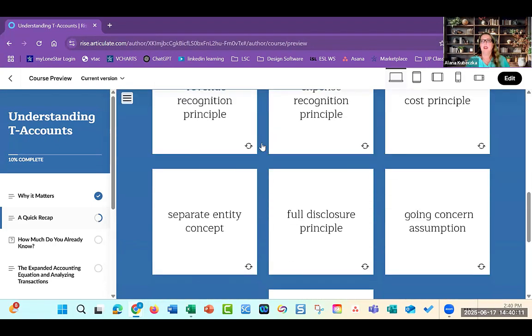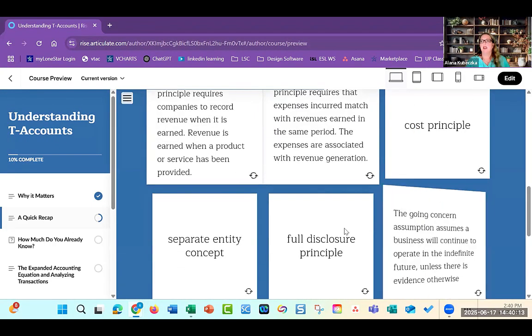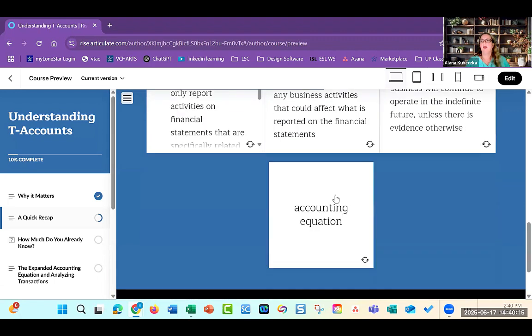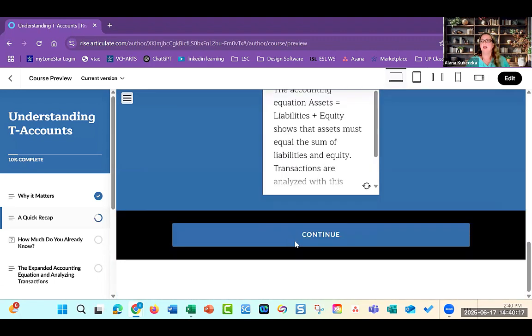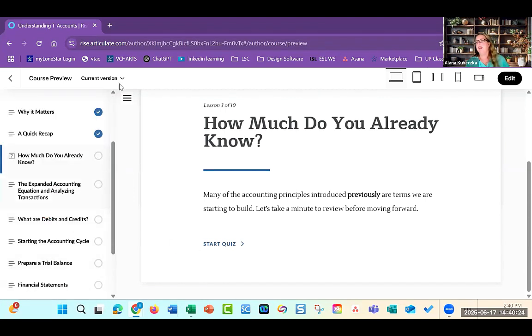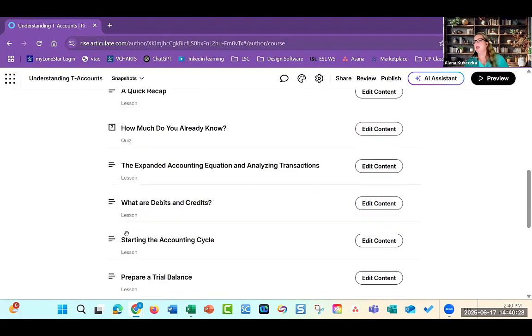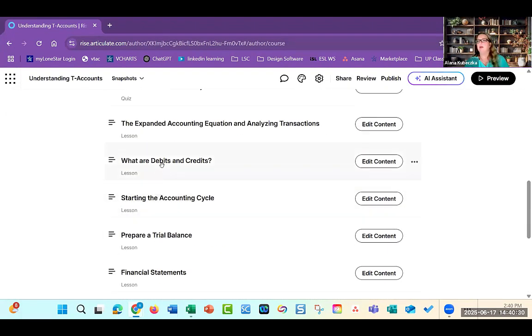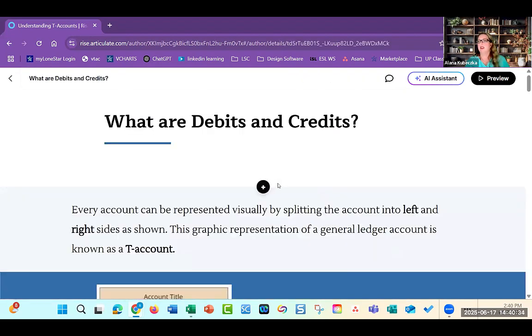Again, looking at all of these, we did different kinds of interactivity. And you have to do all of them because I forgot to change the settings before I showed it to you. But how much they already know, there's a quiz here as well that they have to start. And then let me get out of the preview and we can show you one of these as well. So just pick any of these and you can kind of see the content.